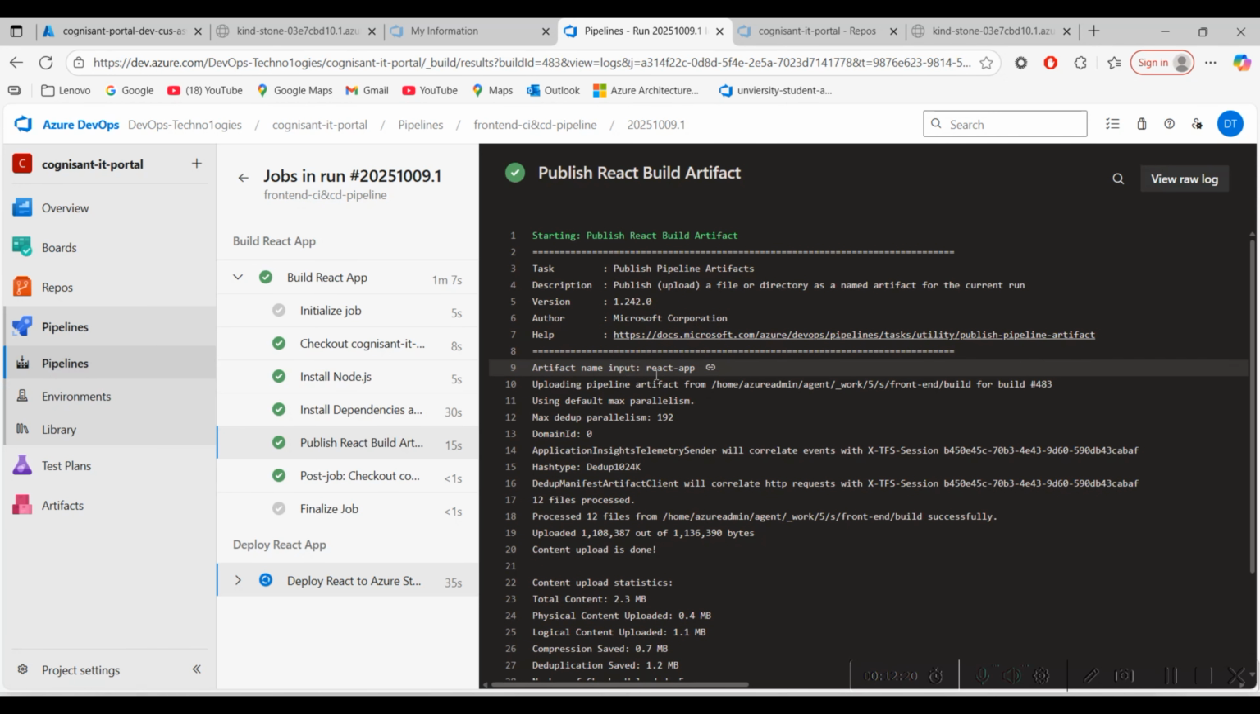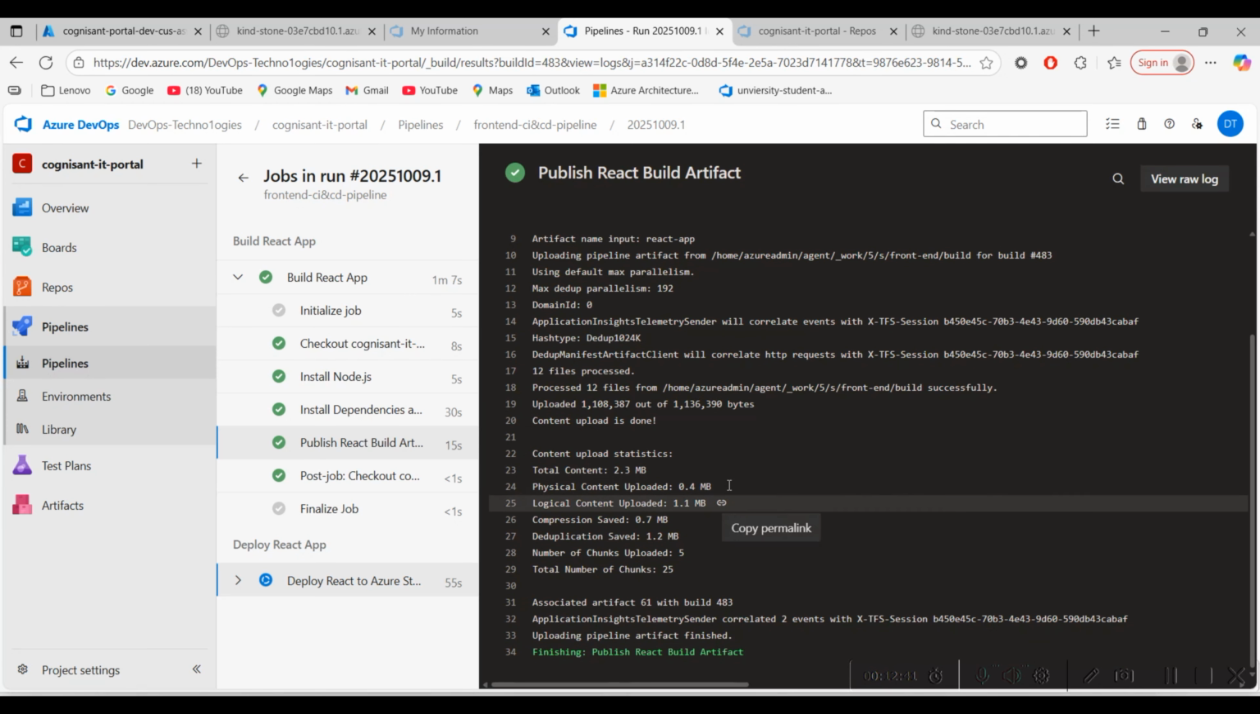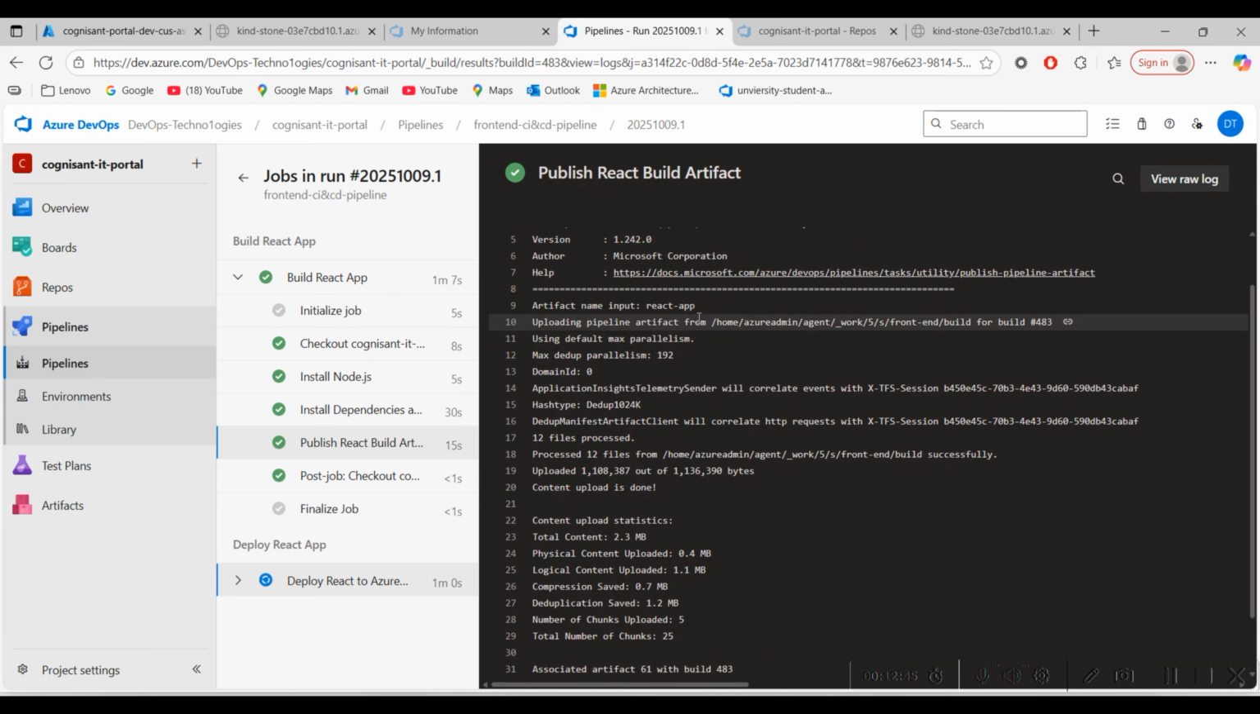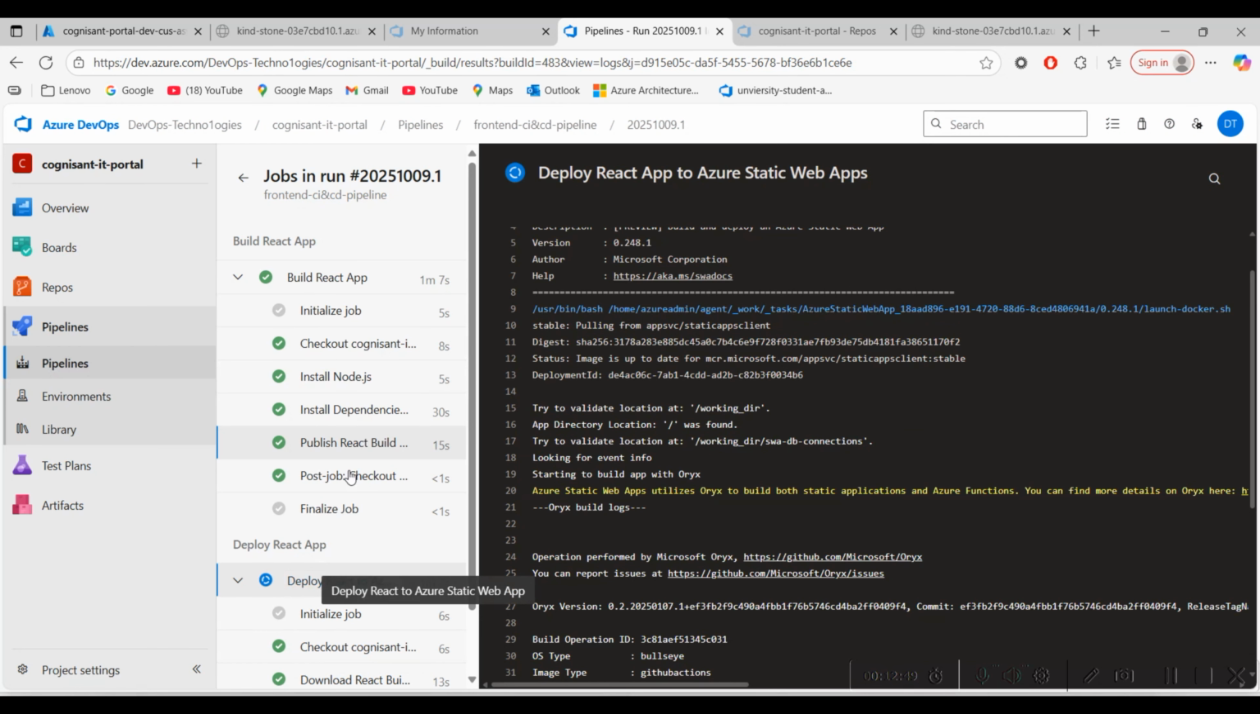The artifact name input is set. Publishing pipeline artifacts from the specific location, the front end build. It is the generated build file in the specific location. The artifact input name is artifact app. So it is publishing the build file under the artifact name. Okay, now move on to deploying the